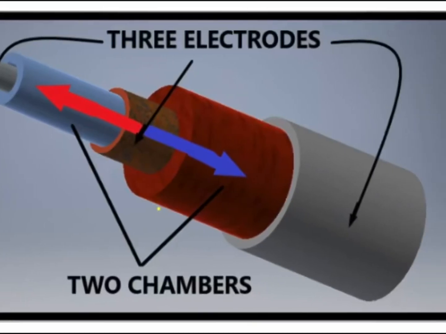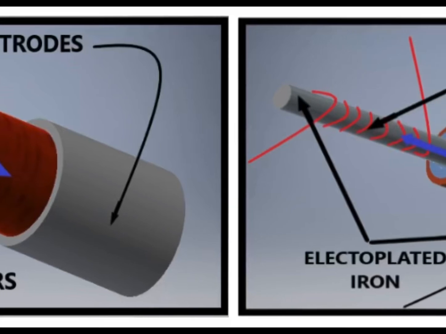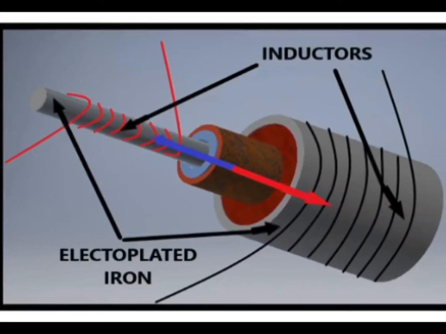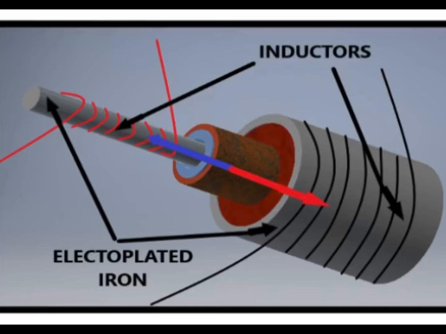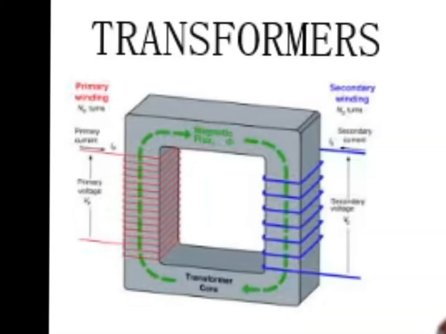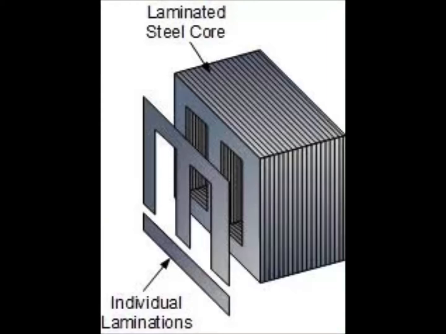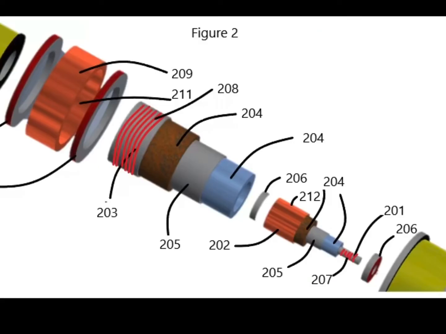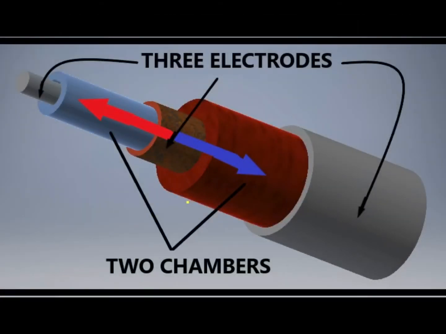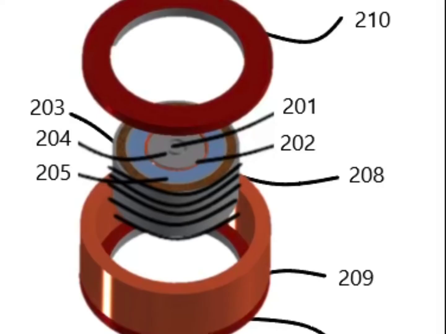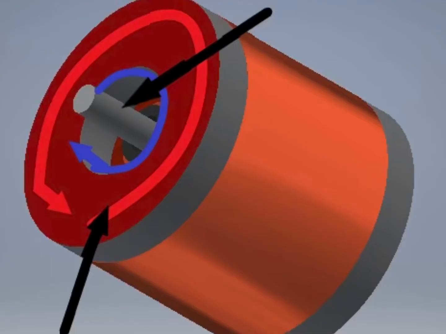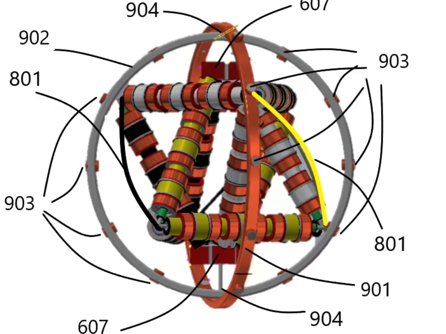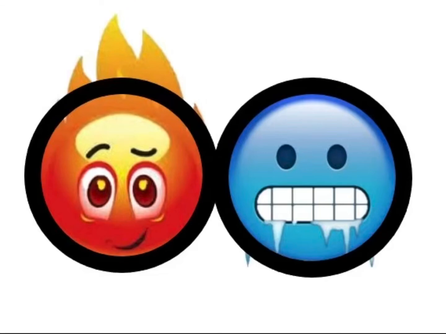So if we go back to the design of the device, the cathodes are electroplated iron with inducting coils wrapped around. And so this is essentially a transformer. However, the iron core is typically laminated, where we are using dielectrics to allow a transfer of heat to take place. And so as this heat is created, we also have magnetron circuits that are moving it in another direction. And so this entire concept allows for the potential movement and thermal transfer of heat in a very efficient manner